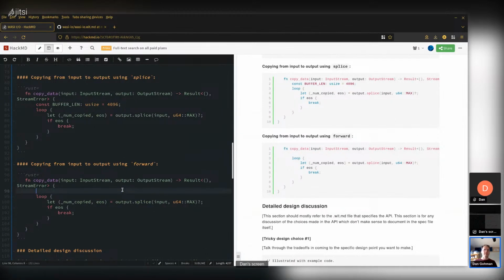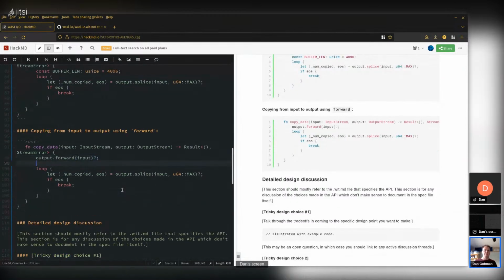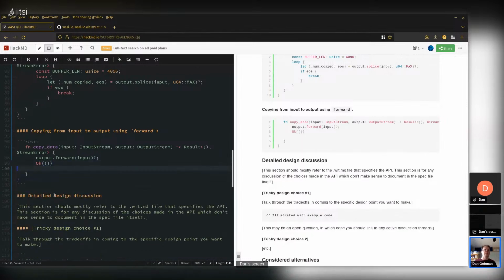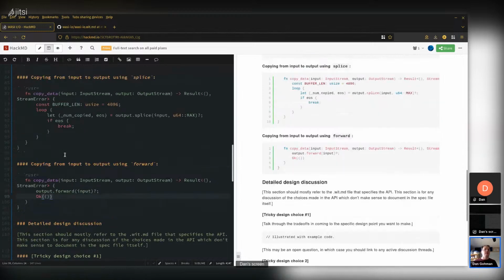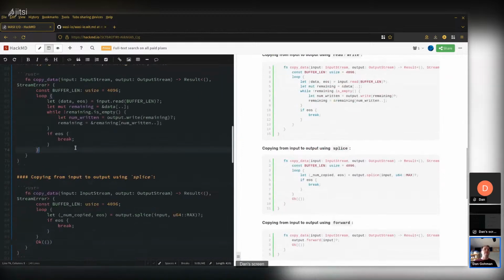We just say, loop goes away. This should also have, okay.